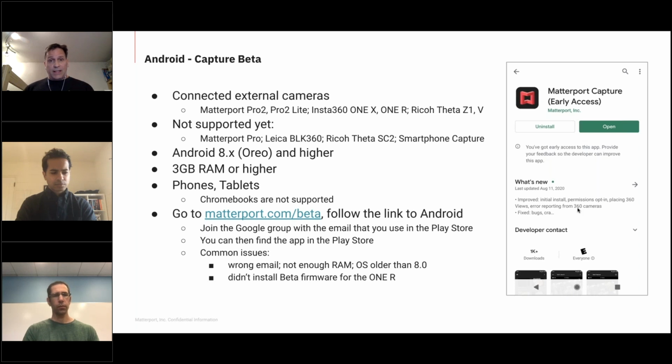If you still don't see Capture in the Play Store, then check your Android version and check to see what kind of hardware you've got, whether you have enough RAM. Those are the most common issues with people who are trying to join the beta and still don't see it for some reason. If you're using the Insta360 One R,